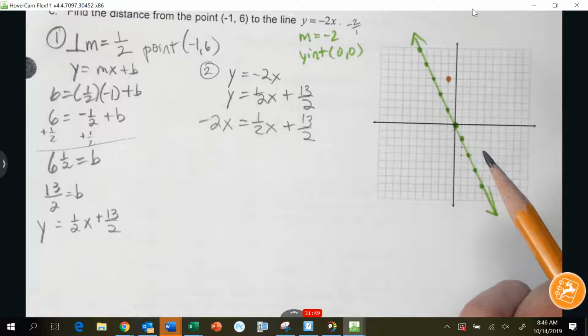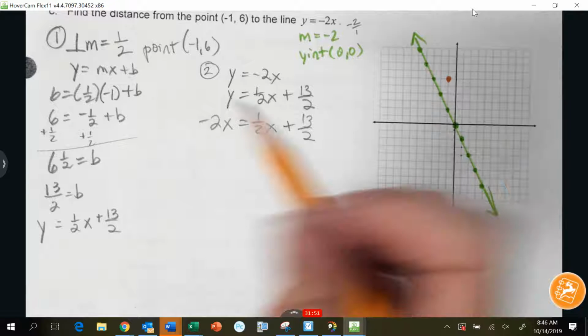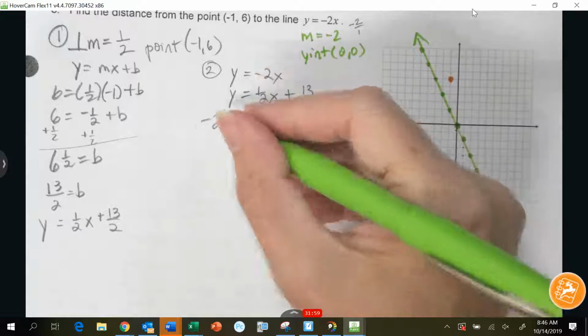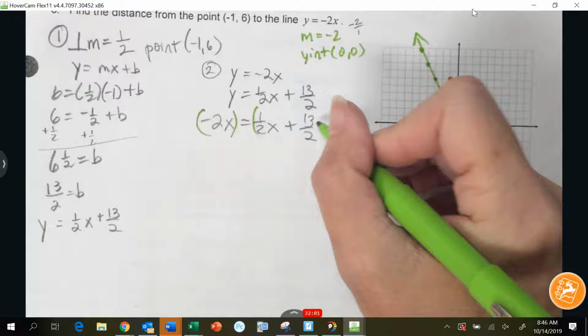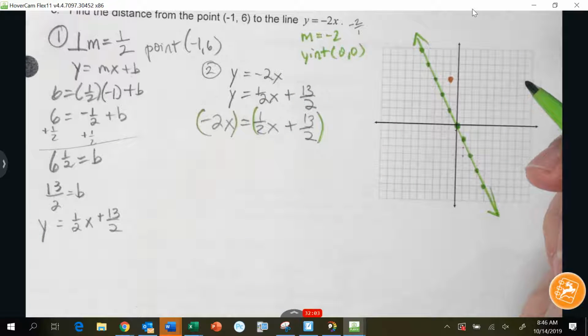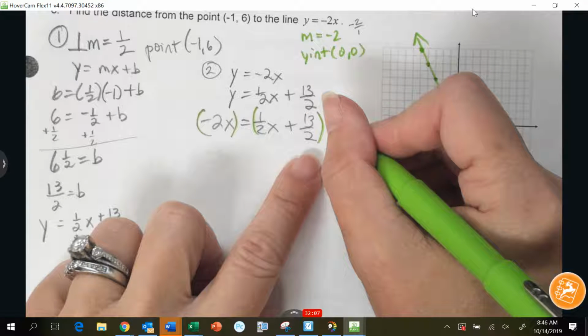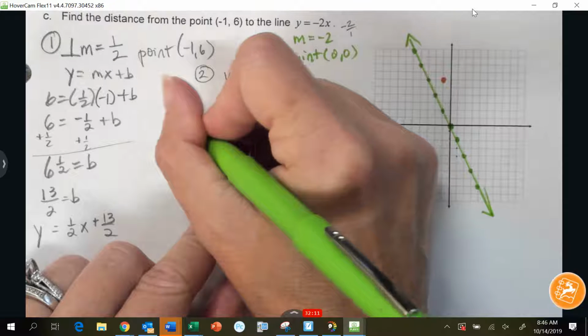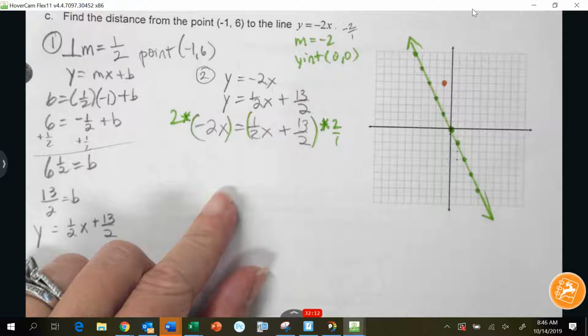All right, so we set them equal to each other. Now we're going to solve. This is the tiny little fun trick that I'm about to show you. If you don't know this trick already, it's fantastic. Anybody in here love dealing with fractions? If we take both sides of the equation, you're allowed to do whatever you want to an equation, as long as you do it to both sides. If I multiply everything by 2,